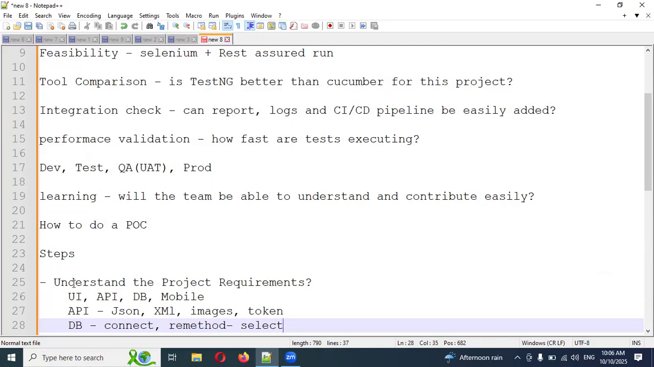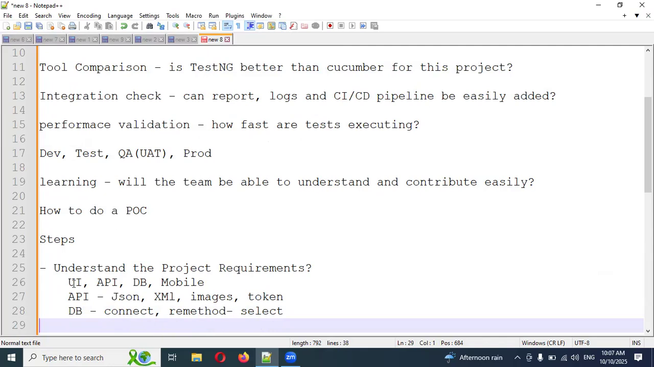And from some point of view, if they want to build your framework for API and UI both in the same place, then you have to think about how you can implement it. These are the things you have to understand, the project-based requirements. Then the next point you have to do is select